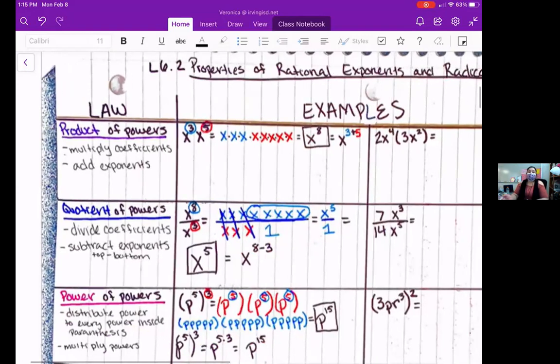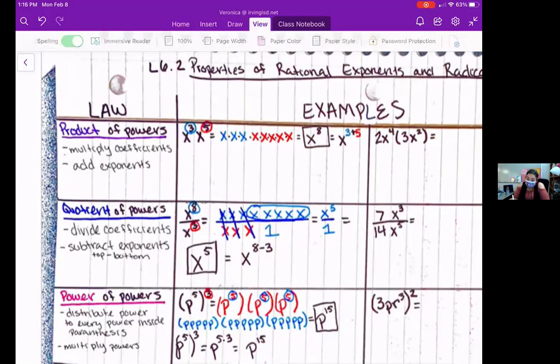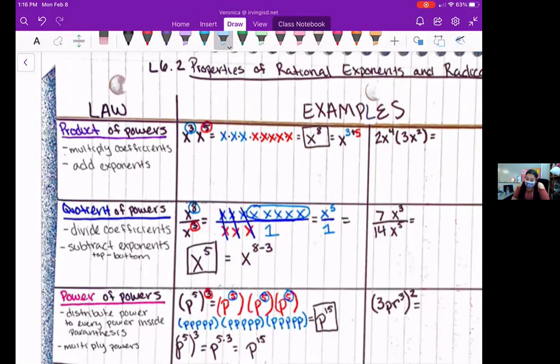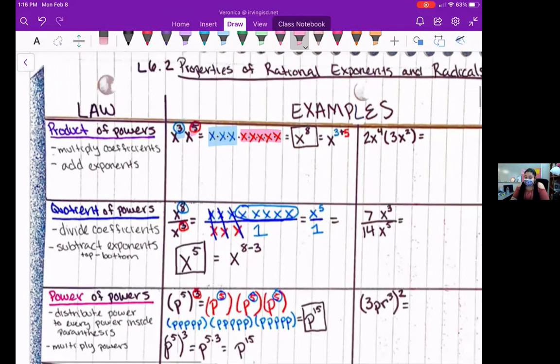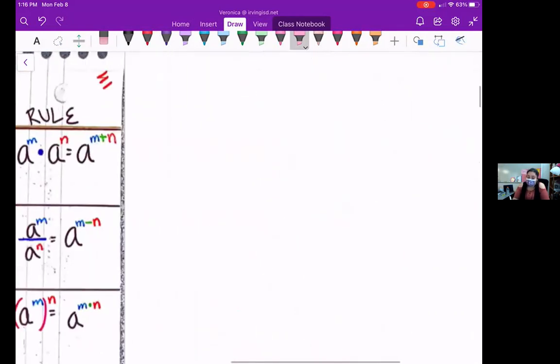So I worked out the first example for you, right? So I'm trying to show you, right? So we have a power of 3, so that means I have 3 x's. Here I have a power of 5, so I have 5 x's, right? And what am I doing? I'm multiplying, okay? So the first thing, before we keep going with that, let's talk about the difference between combining